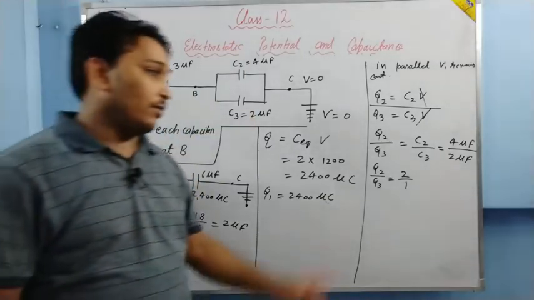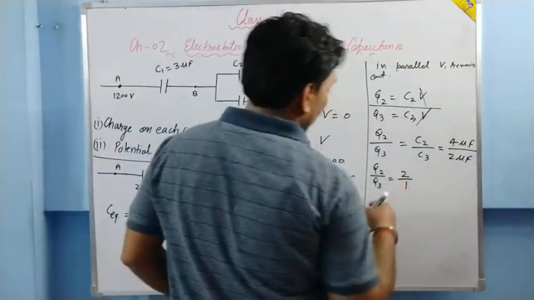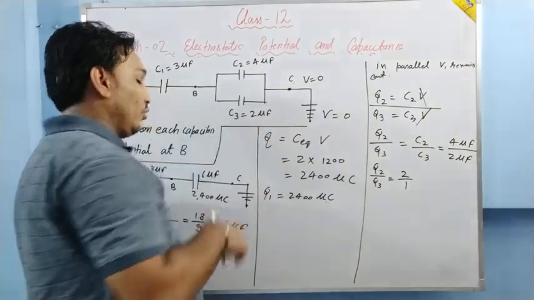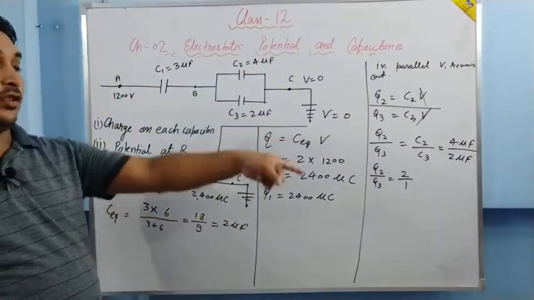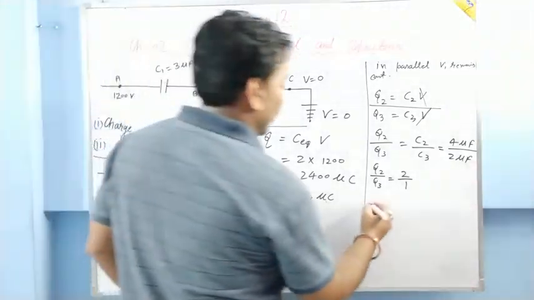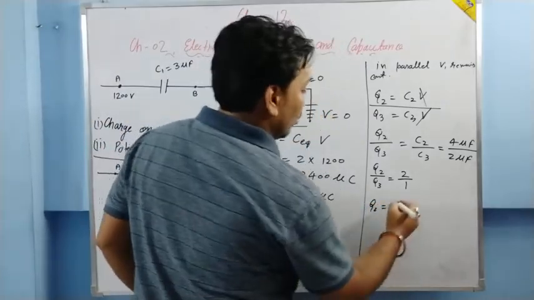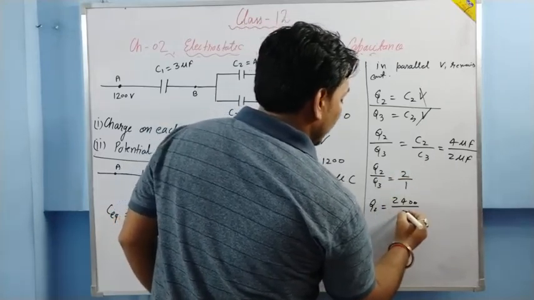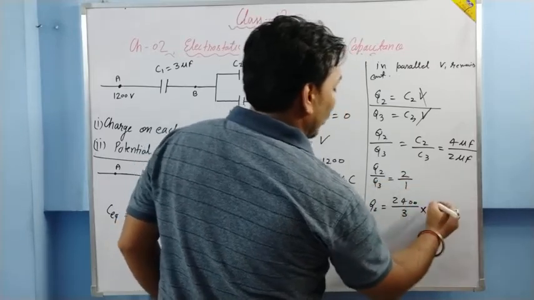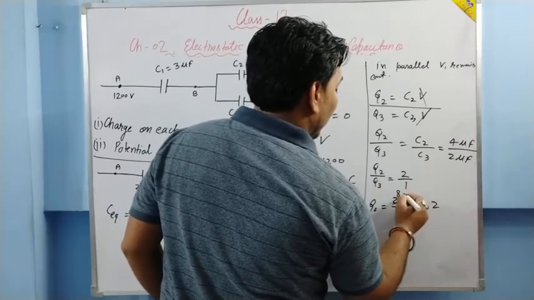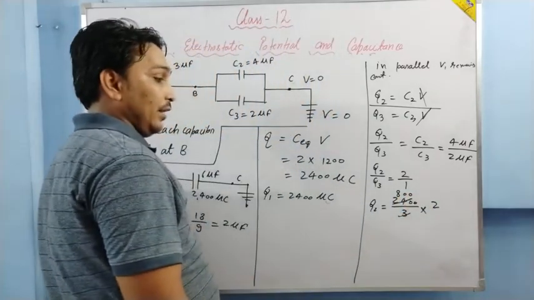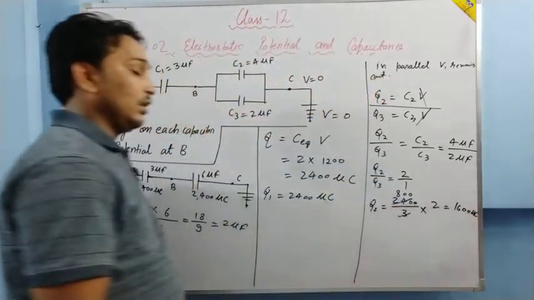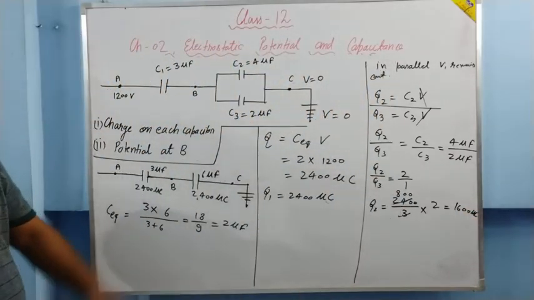So basically, from here, if we take charge, here the charge should be 2 times the charge here. Now 2400 has to be divided in the ratio 2 is to 1. How will it be divided? Let us see. Q2 will be, what is the total charge? 2400. What is the ratio sum? 2 plus 1, how much? 3. What ratio are we calculating? For 2. So 3 will cut the 2400 by 800 times 2, which is 1600 microcoulomb. This will be the charge on the second capacitor, C2.